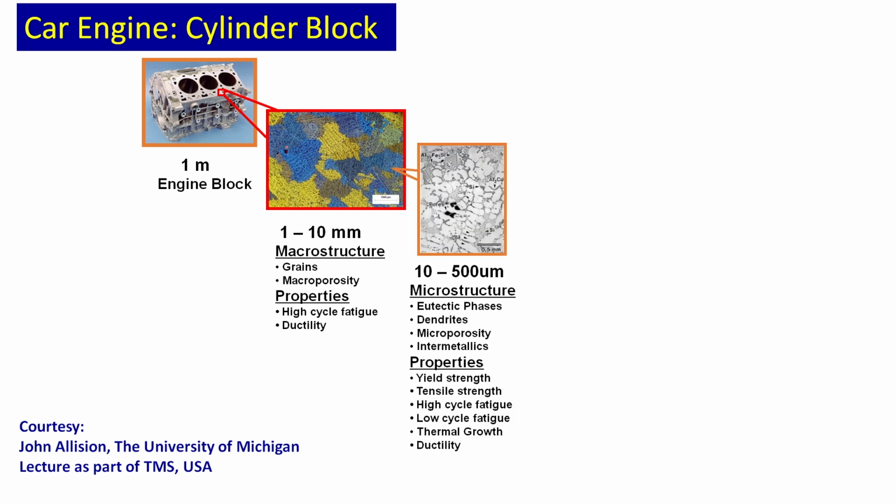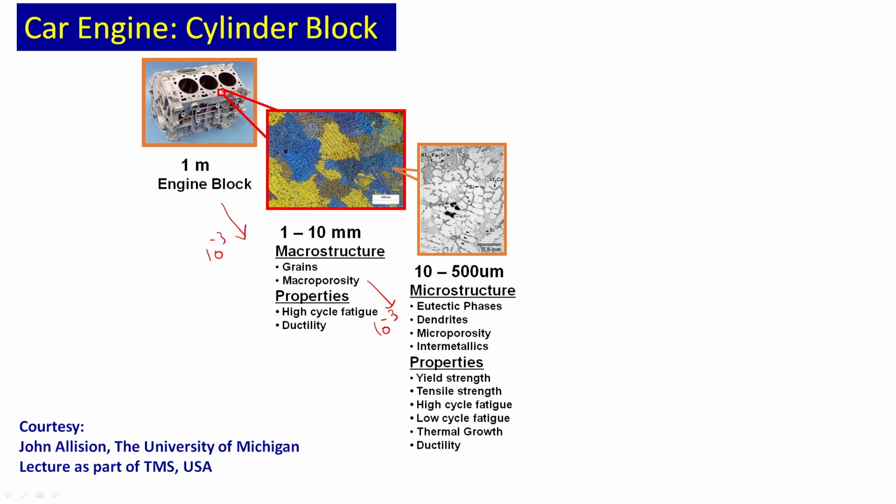Now you can also look under a scanning electron microscope, where you can see about 10 to 500 microns, which is again 3 orders of magnitude lower. So, this is 1 meter, this is 3 orders of magnitude less, and from there to here is another 3 orders of magnitude less. Here you can find eutectic phases, dendrites, microporosities, or even intermetallic phases. Properties which will be controlled by them are basically yield strength, tensile strength, high cycle fatigue, low cycle fatigue,